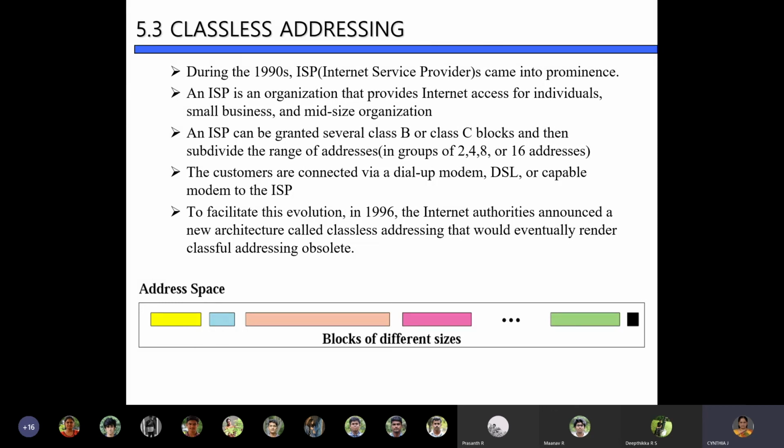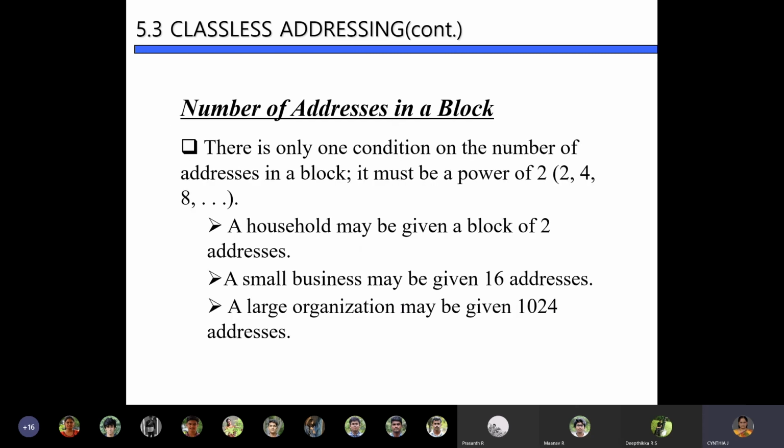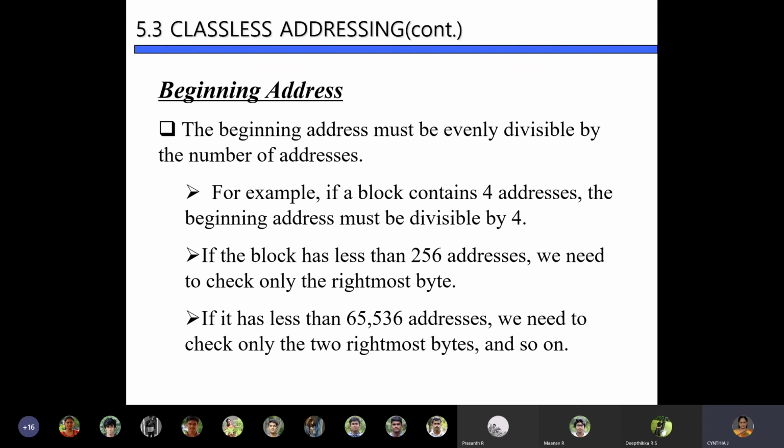That is called CIDR notation, or classless inter-domain routing. That is called classless addressing. Here any number of bits you can allocate for the net ID portion, and any number of bits for the host ID portion. The only limitation is that you have a different notation for specifying the IP address.